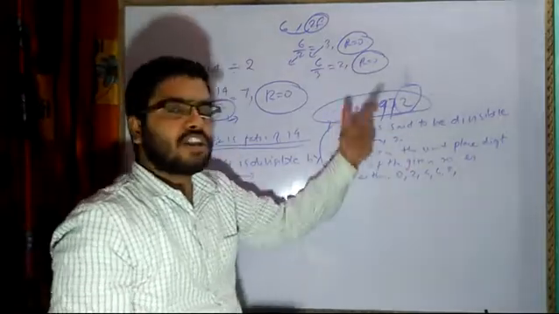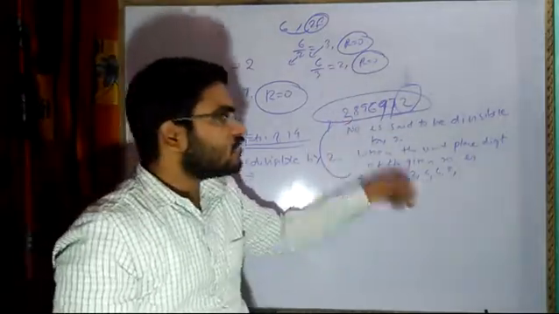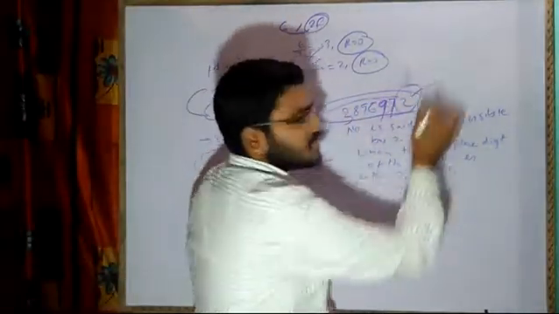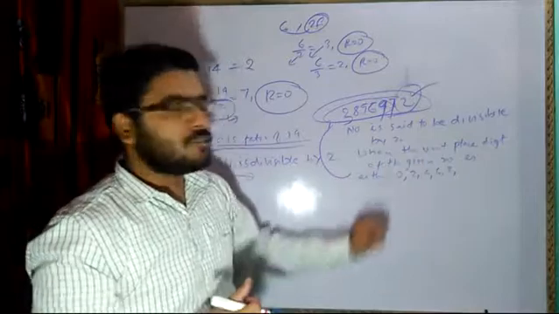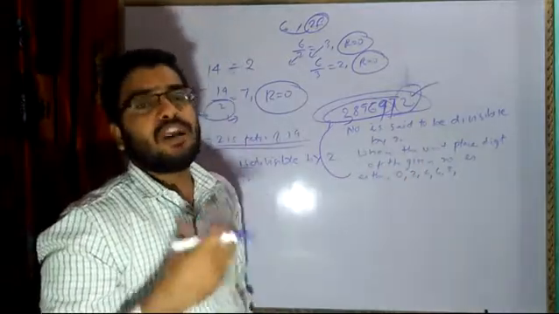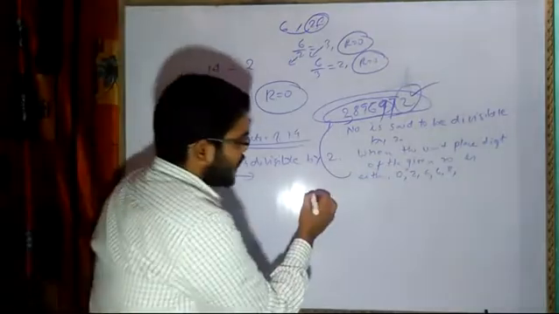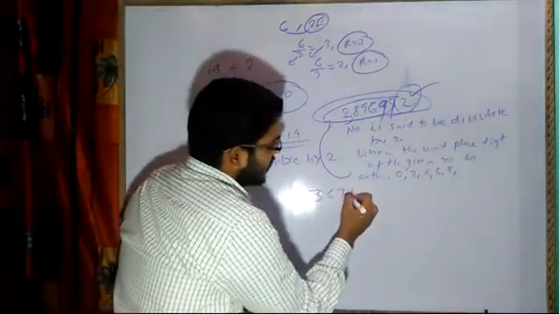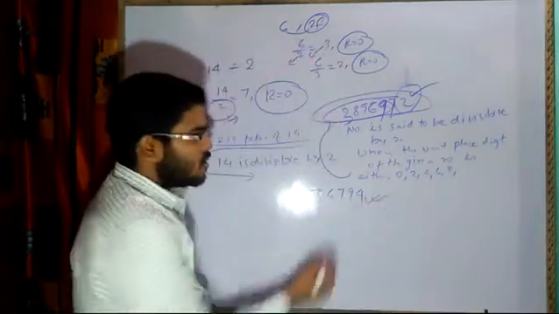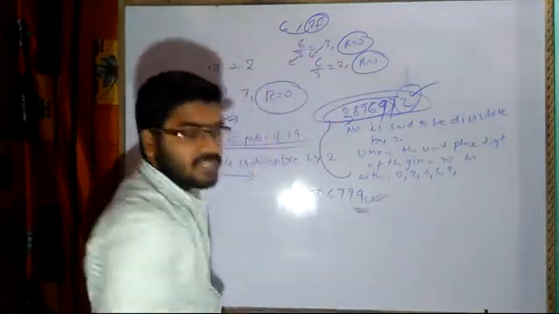If it is 8, we can say it is divisible. If it is 6, we can say it is divisible. If it is 4, also. No need to check all the digits; we just see the last digit and say yes, it is divisible, because the number at unit place is 0, or the number at unit place is 2. If I have 3, 6, 7, 9, 4, is it divisible by 2? Yes, sir, it is divisible by 2. How can you say? Because the unit place digit is 4.